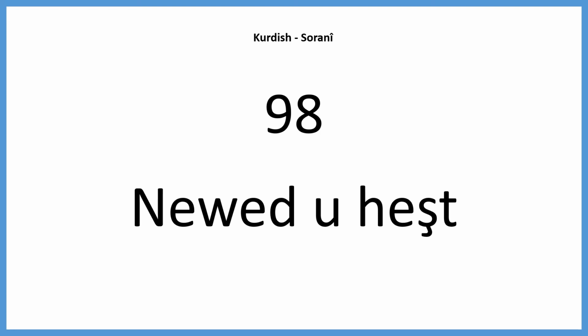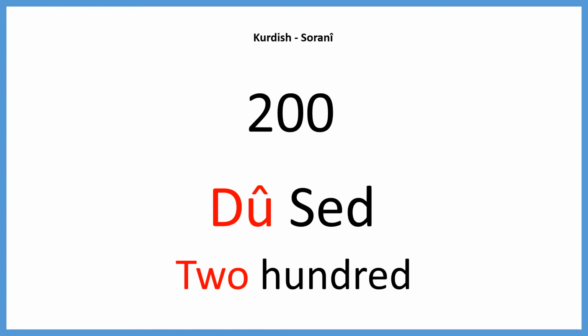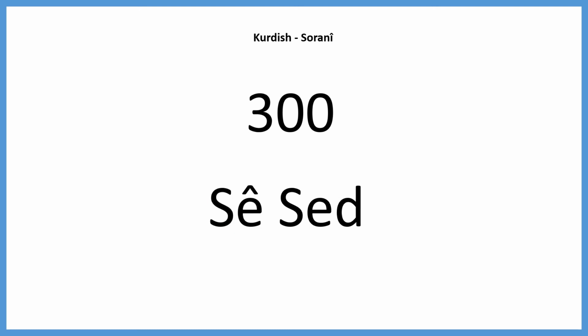multiples of 100. So the number 200 would be Du sed, and this can be translated exactly into English as 200, Du sed. This simple rule applies to each multiple of 100. So 300 would be Se sed,